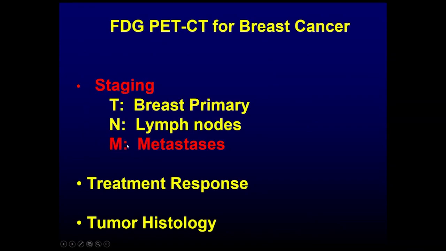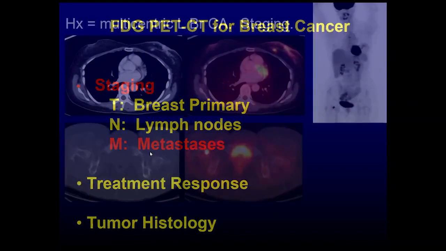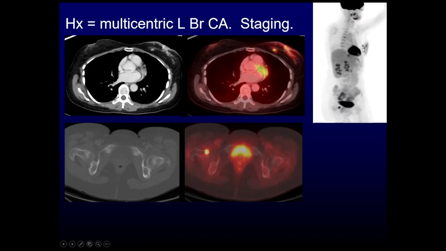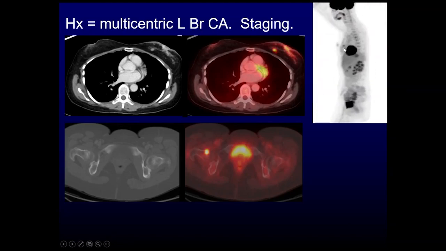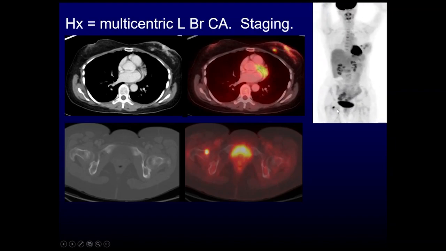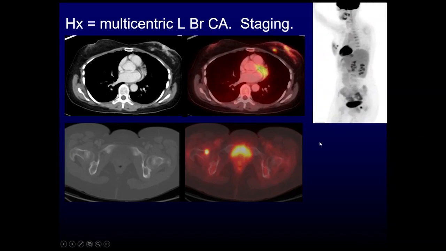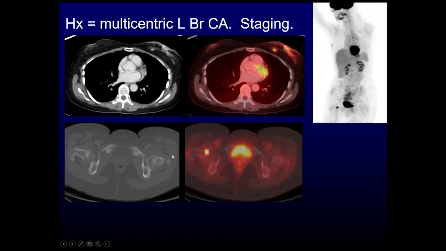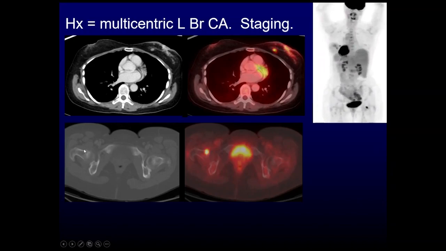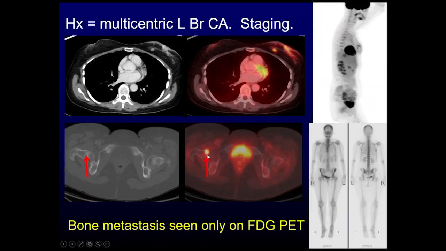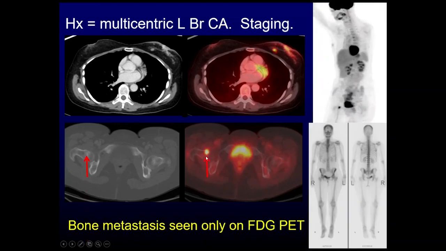Let's move on to where FDG PET can have the most clinical impact, and that is the evaluation of distant metastases. Here's a patient that has a primary breast malignancy, which is FDG avid, and on the FDG PET maximum intensity projection image, there's a focus in the pelvis on cross-sectional images that appears to be within an osseous structure, the right humeral head, and this turns out to be a biopsy-proven osseous metastasis, which was not known prior to